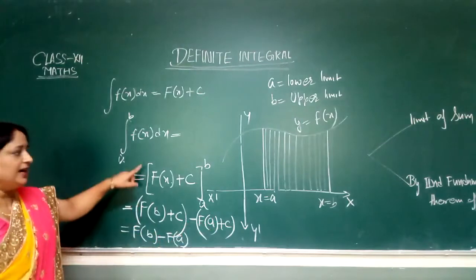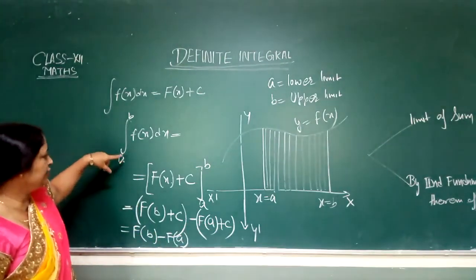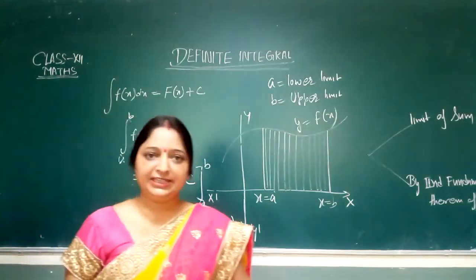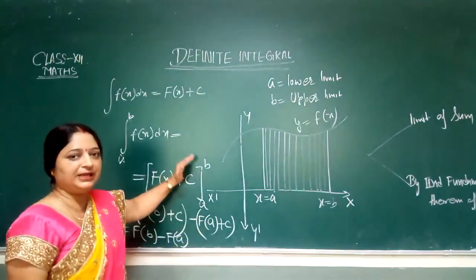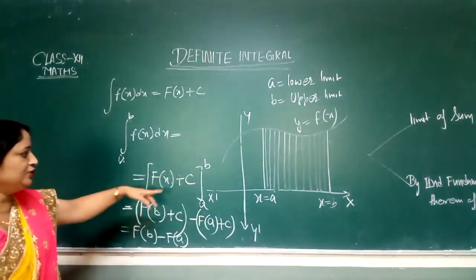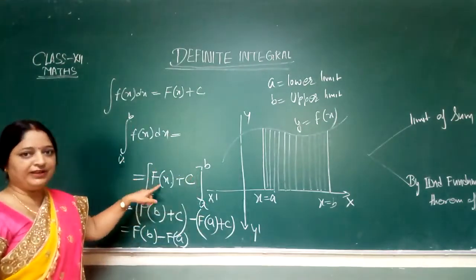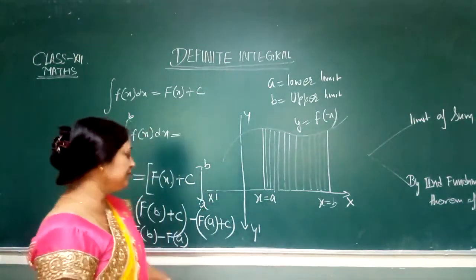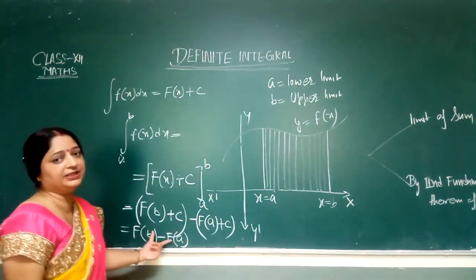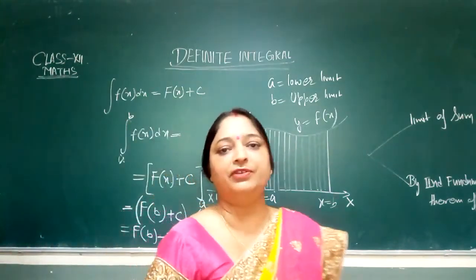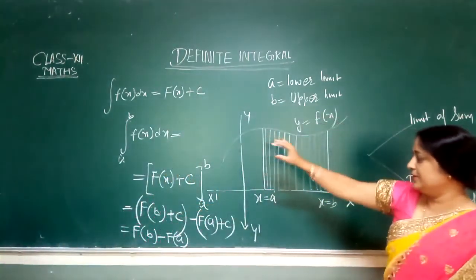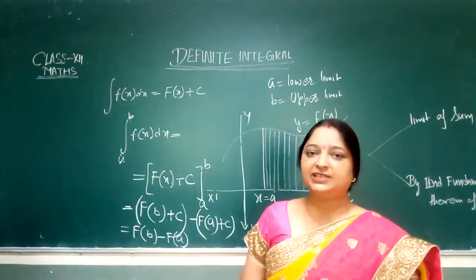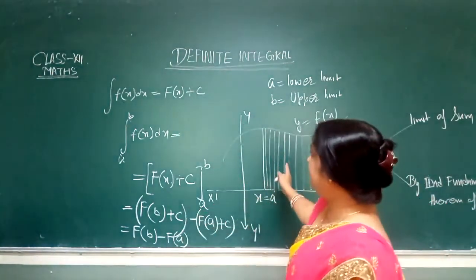This is the answer. In this way you can find the integration from a to b of f of x dx. First of all, you have to find the indefinite integral. After finding the integration, you have to apply the limits in the place of x: upper limit minus lower limit. That is the answer, and it will be the exact value. C will not come because it is a bounded area. This function is bounded between x equal to a and x equal to b. So this will be the exact, unique value in the definite integral.